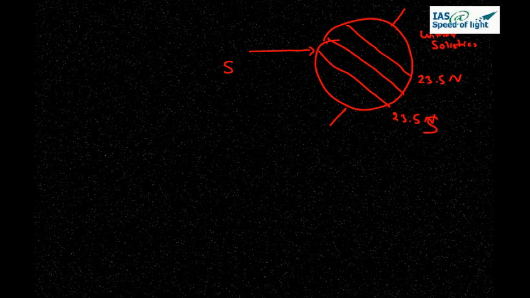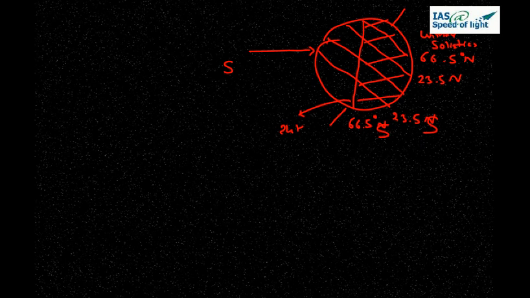Now the reason why we draw 66.5, let us see now what was the reason for that. Now this 66.5 degree north becomes the extent for the sunlight and darkness. So here 66.5 degree north to 66.5 degree south becomes the full extent for the darkness and sunlight. So here this South Pole becomes 24 hours sunlight, and this North Pole becomes 24 hours darkness, because it becomes the shaded part with 66.5 degree north